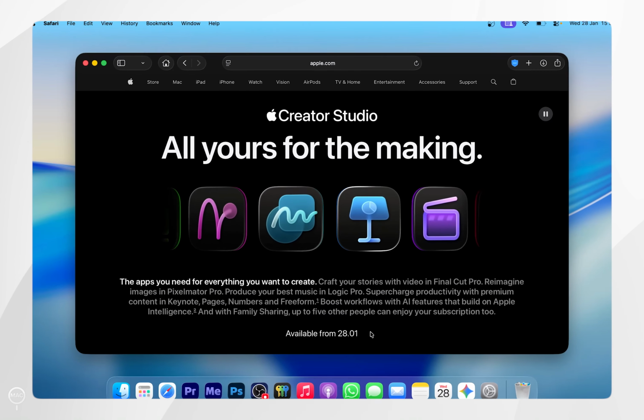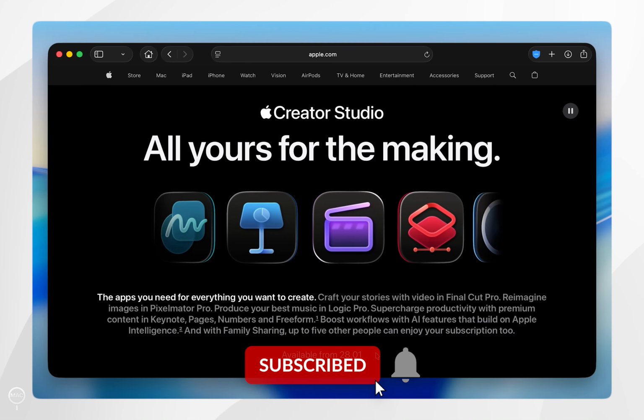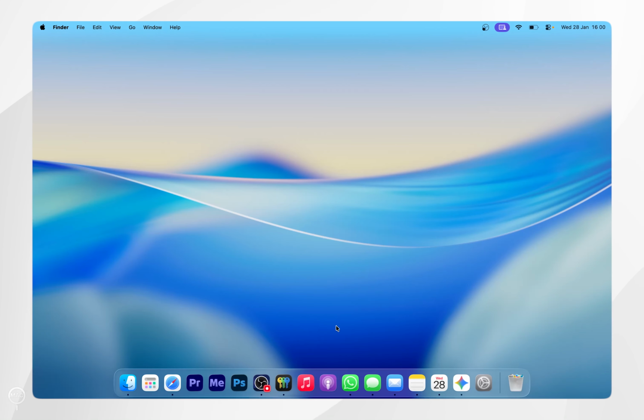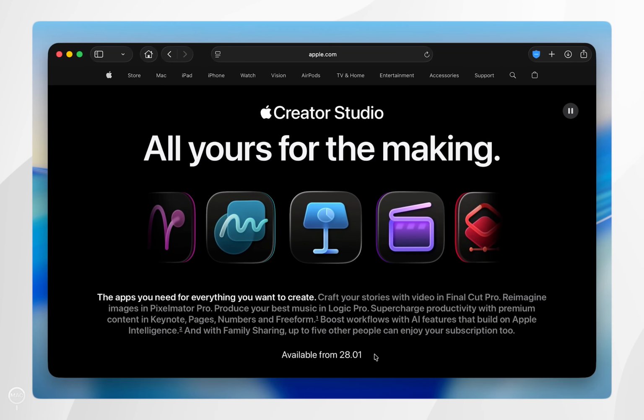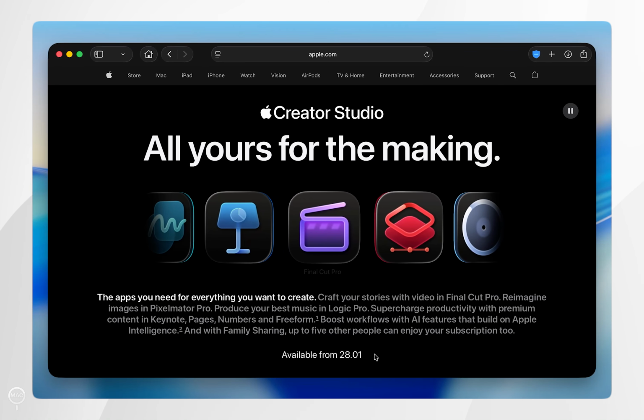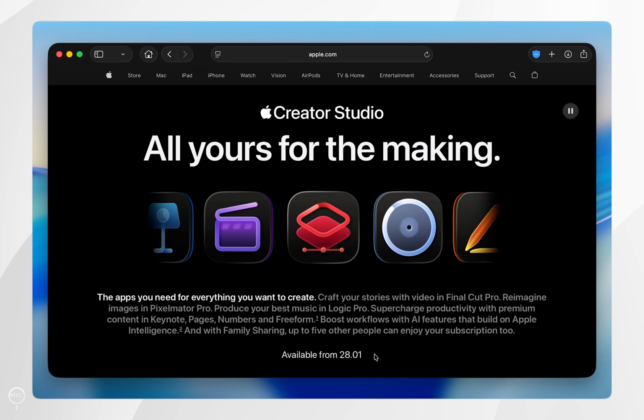In today's video, I'm going to show you how to download the Apple Creator Studio on your Mac. Apple Creator Studio is a suite of creative applications that you can access as a subscription. Think of it as Apple's answer to the Creative Cloud, where you can access Premiere Pro, Photoshop, and other applications